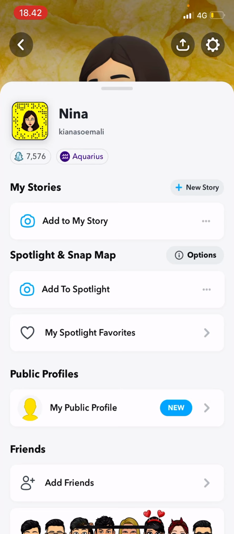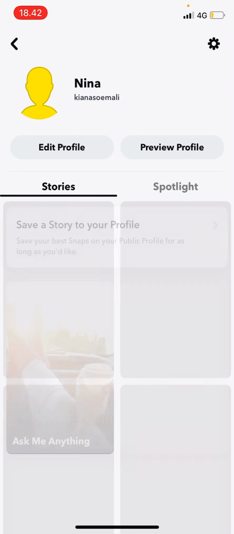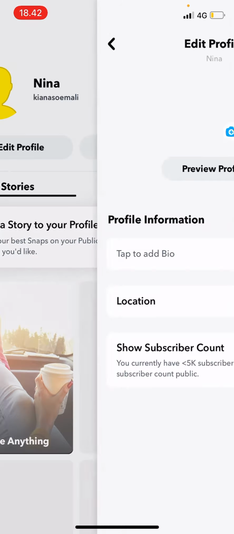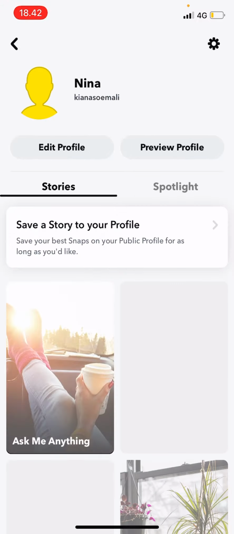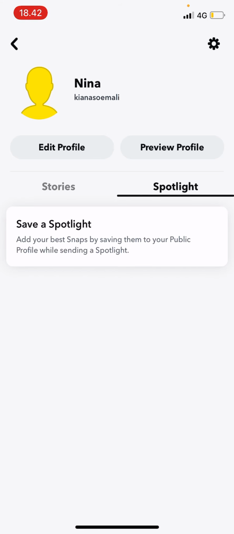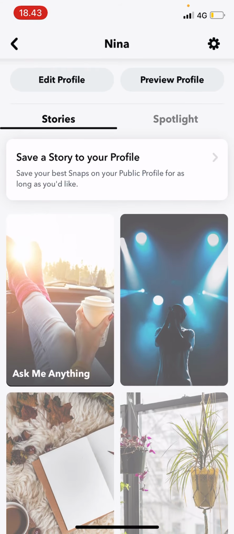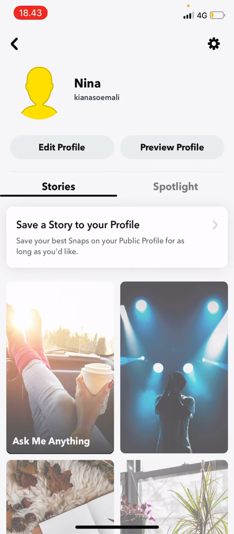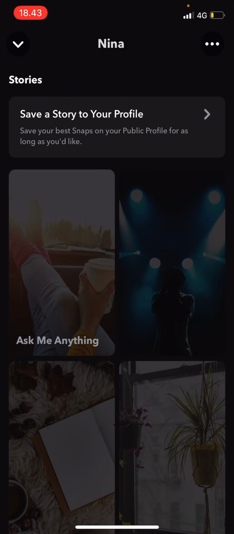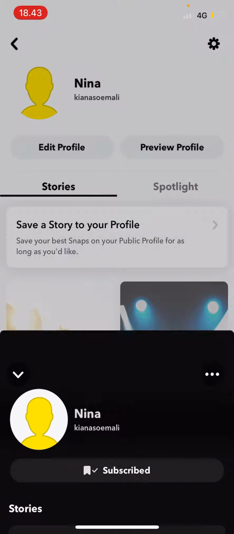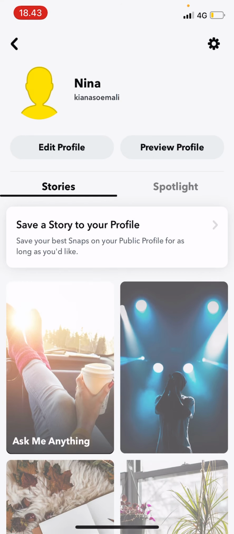and then you're just going to select my public profile, and here you can even edit your profile over here, your preview profile. You can add even a bio, location, and even your subscriber count, and you can preview your profile right here. As you can see, I don't have anything yet posted to my public profile, and I can change that